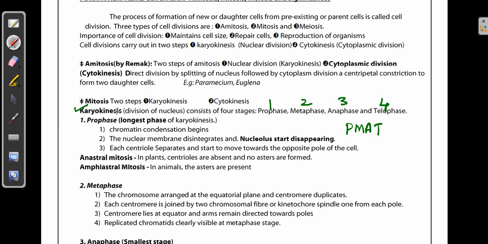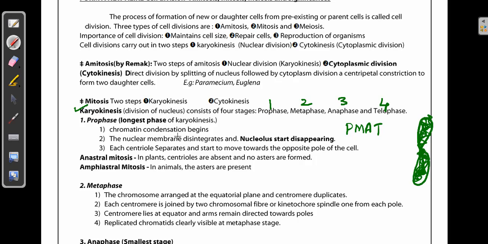And here we look at the prophase. The term itself says pro, that means beginning. So it is one of the longest phases. The reason is the various structures in the nucleus have to prepare for the cell division. The first thing you can see here is the chromatin condensation. If you remember correctly, I told you the chromosomes will only appear during division. So the chromatin threads are always in rest, like small threads. Whenever the cell wants to divide, the chromatins will come very close. They tighten up like this. So that's why you can see the chromosomal structure or dumbbell structure.